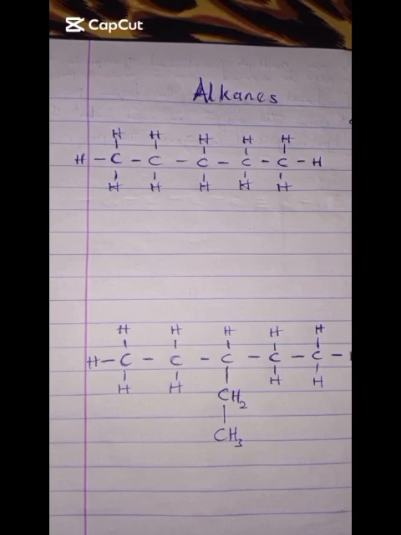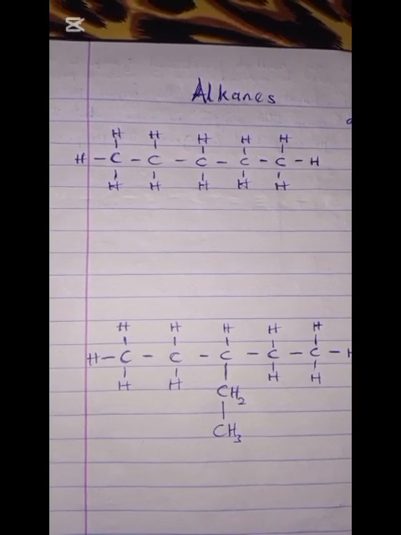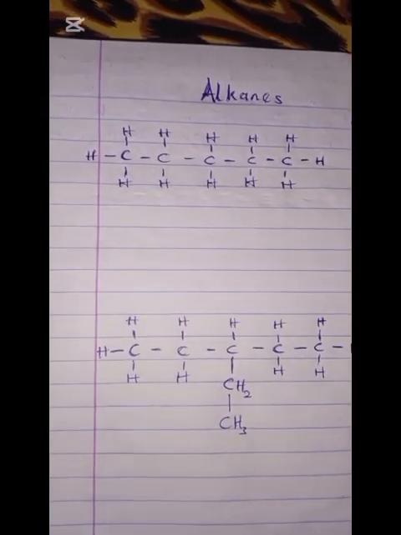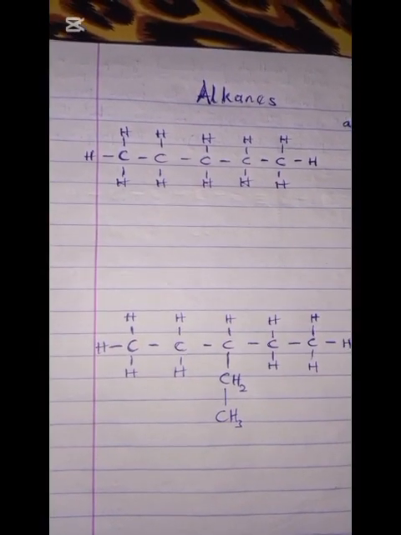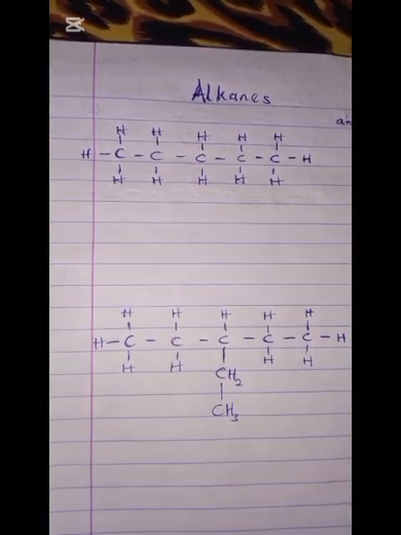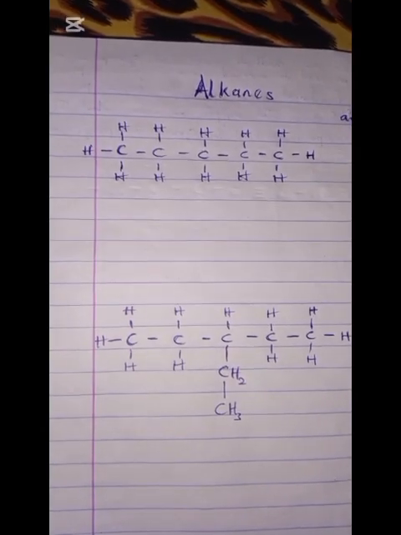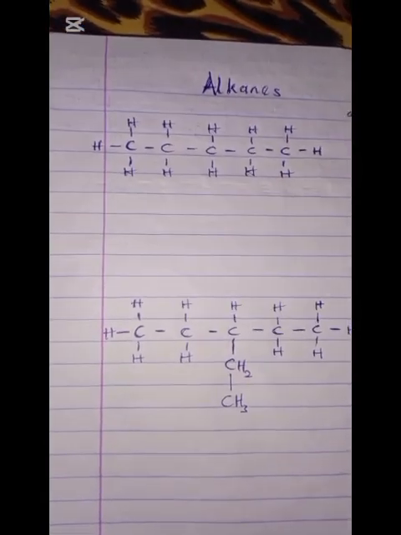So let's begin properly with the nomenclature of organic compounds. First of all, we discuss alkanes. Remember, alkanes are characterized by single bonds between carbons. And the suffix of alkanes